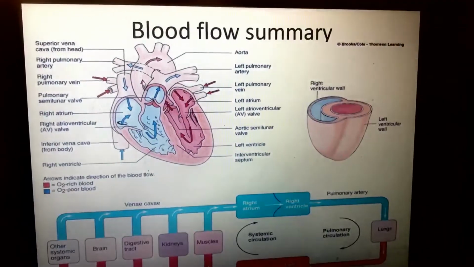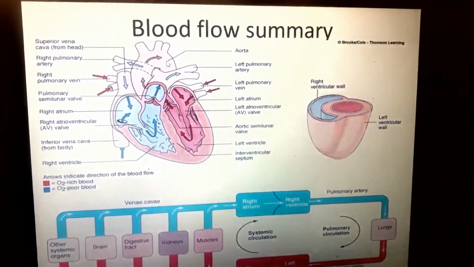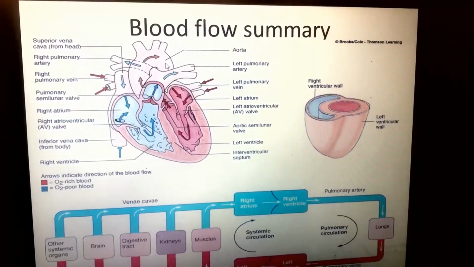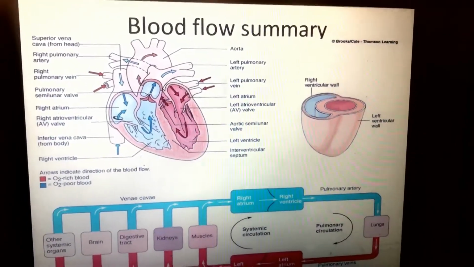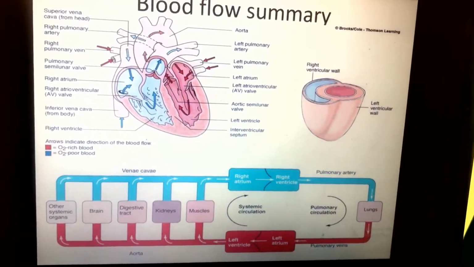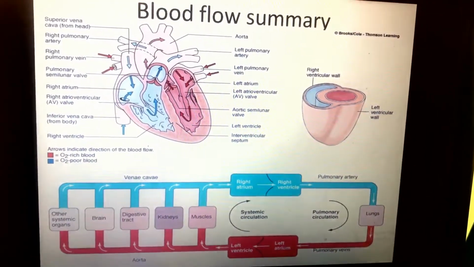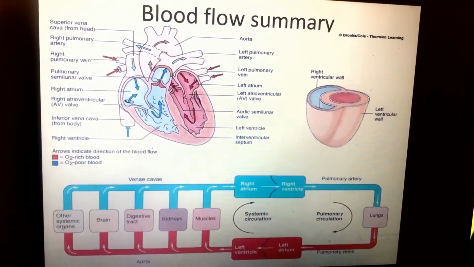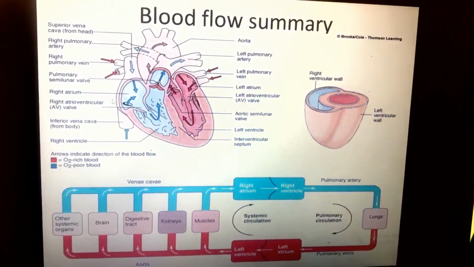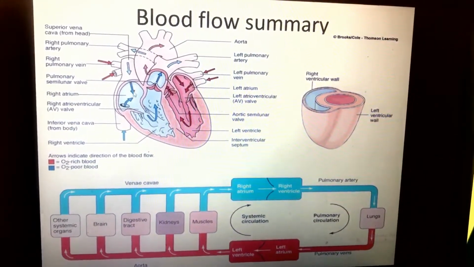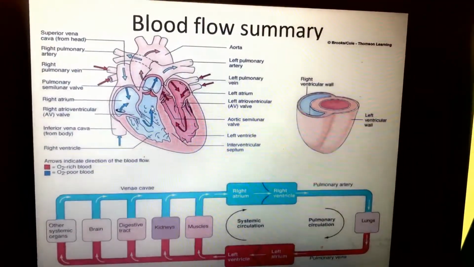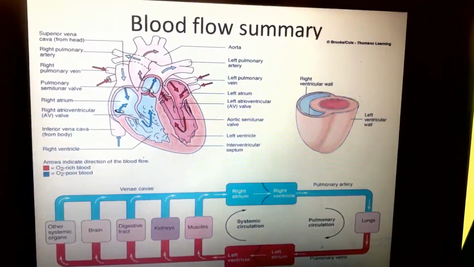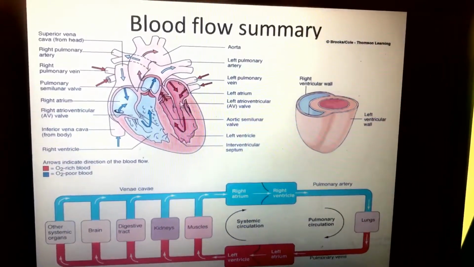This is the aorta. The aorta will take the blood to our body system. Okay. It is very important now to understand this, because any failure of one of these valves will cause heart failure. So now, very important, and I know you understand.